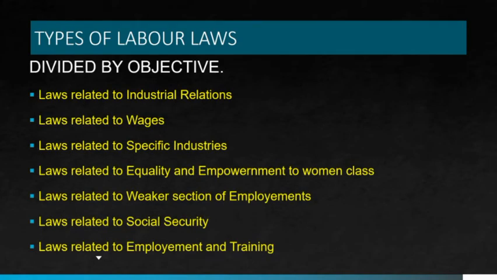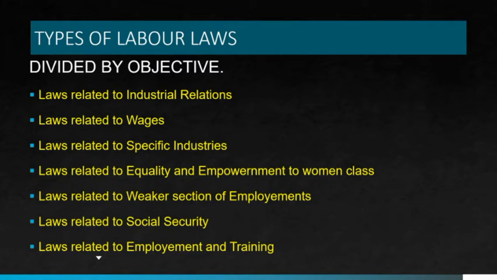Another broad classification is divided by the objective. First we have learned divided by the enforcement. Now we are going to discuss divided by the objective. In this broad classification, there are around seven various interlinked classifications. Laws related to industrial relations, laws related to wages, laws related to specific industries, laws related to equality and empowerment of the women class, laws related to weaker section of employments, laws related to social security, laws related to employment and